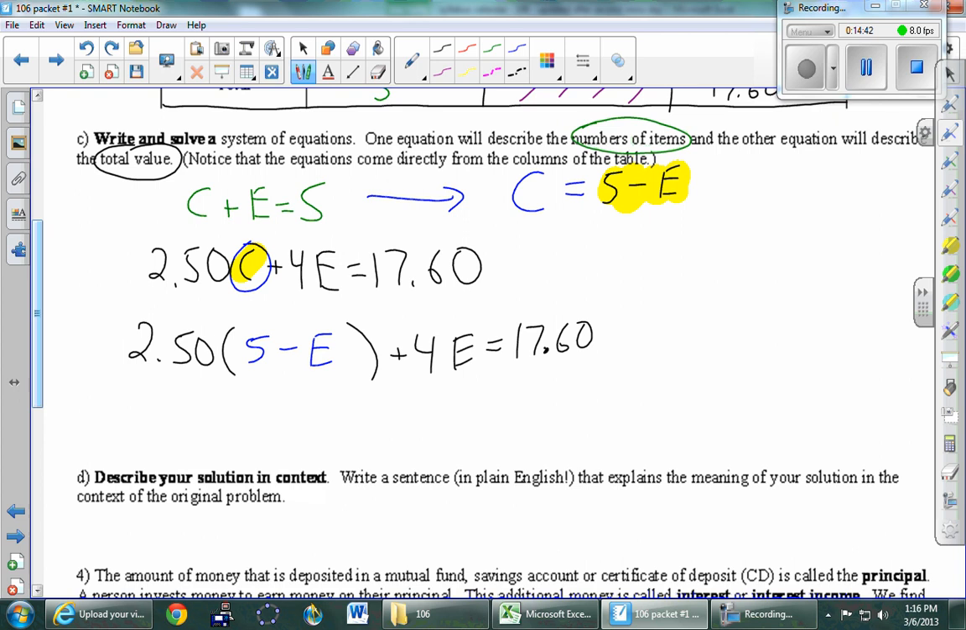How many variables are in that equation? Just the one. That's the first time we've had an equation with only one letter. That means we've made good progress. What do I do next to solve this? Yeah, let's distribute that 250 through. So we get 1250 minus